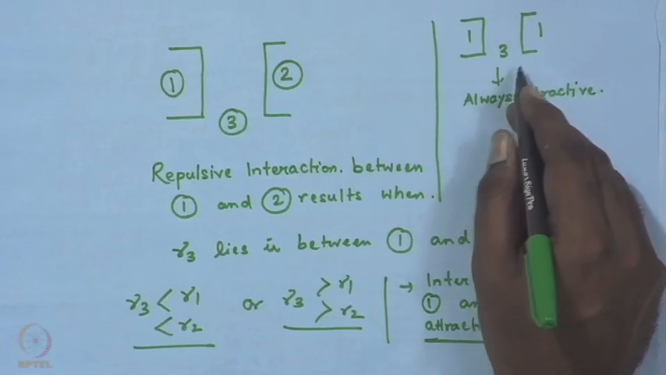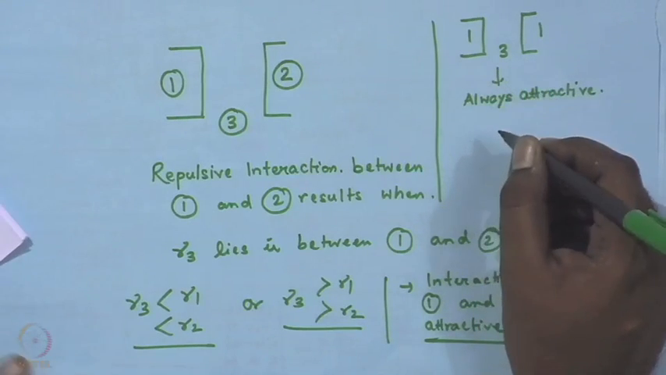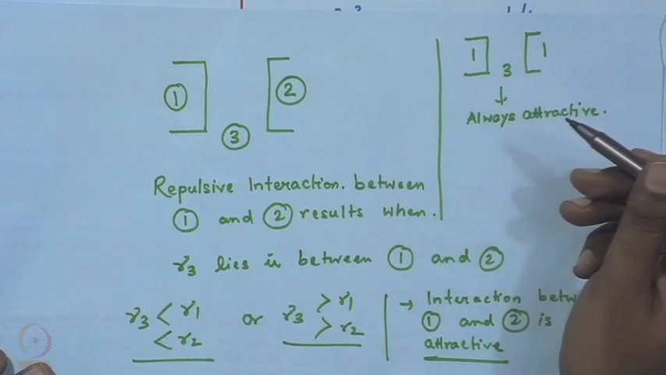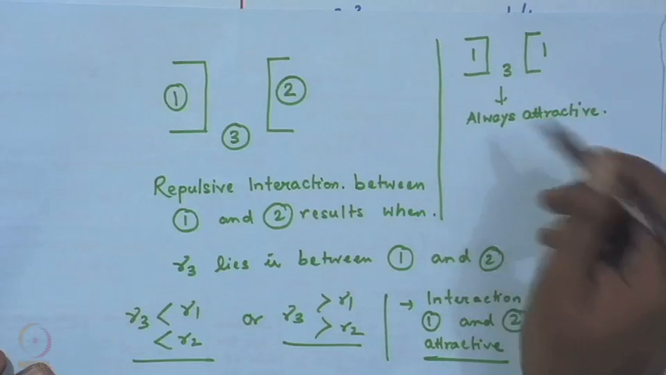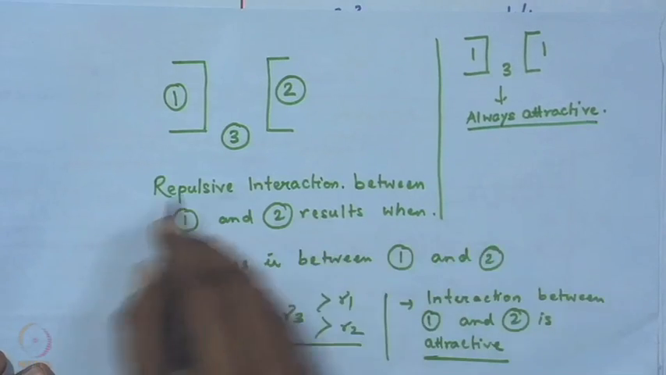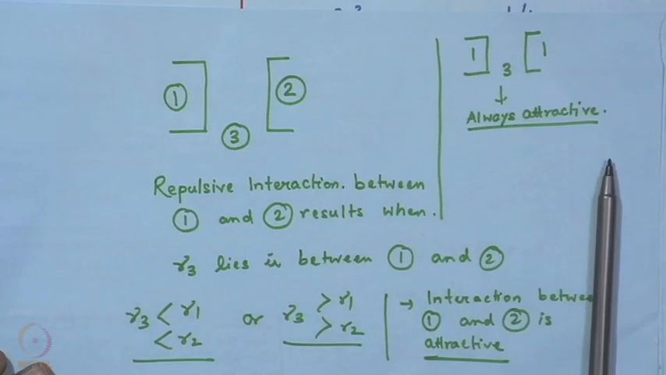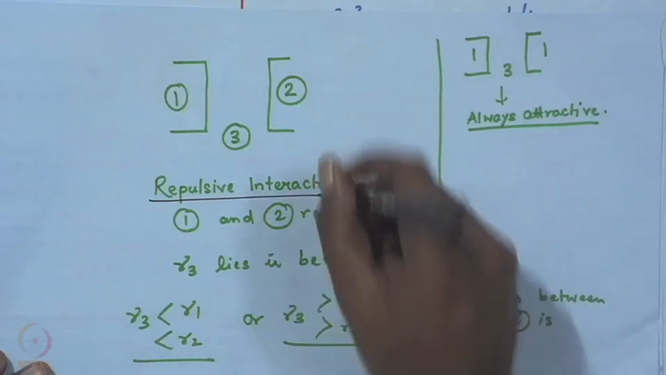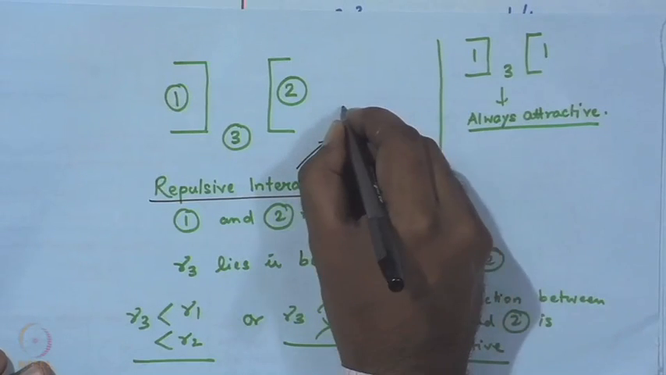You cannot have a value of gamma 3 which is between gamma 1 and gamma 2. So, gamma 3 will either be higher than gamma 1 or lower than gamma 1, but irrespective of the case, the interaction will be attractive. So, this is the necessary condition for a repulsive interaction. The repulsive interaction also implies that the film